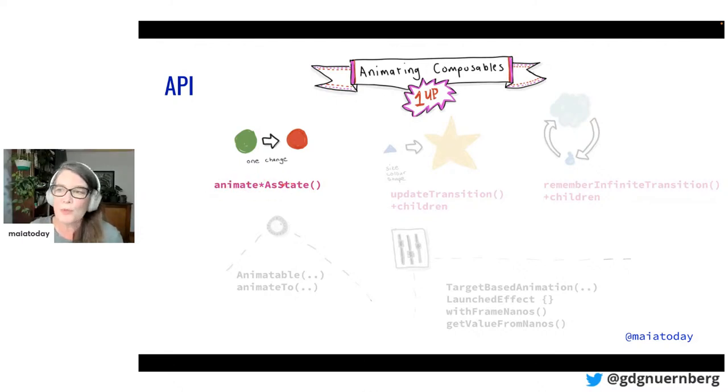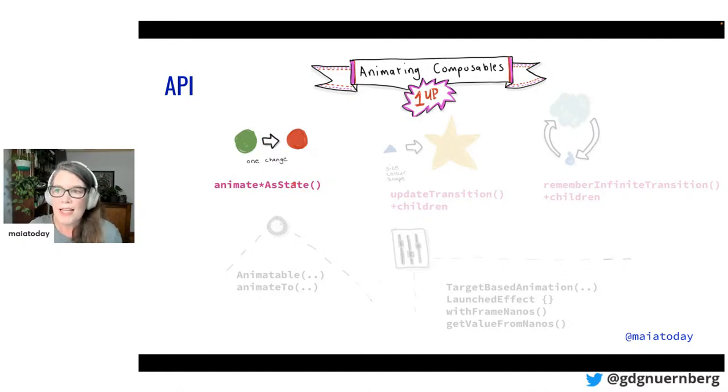And what this function will do is it will make the value that you want to move between be inside the state that the composer knows about. So that value will be updated in the state, and then the value can be used as a state into a second composable, which will then animate it. And the animation between, say, green to red will be controlled by this method, updating the state.